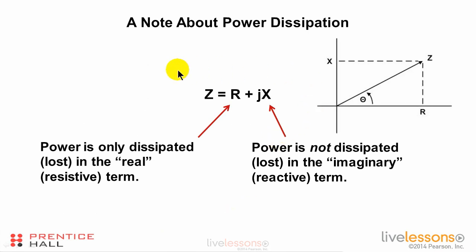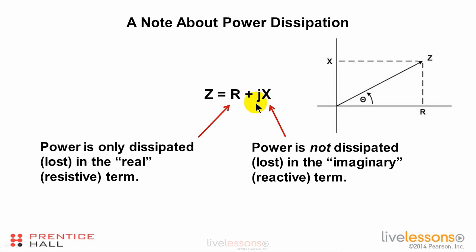Now, let me make 2 points here. One about power dissipation. But before I do that, we talk about impedance. We also talk about resistance. It is not wrong to refer to resistance as impedance. It's not wrong to refer to reactance as impedance. But impedance is, strictly speaking, the sum of the resistance and the reactance multiplied by J, or plotted on the